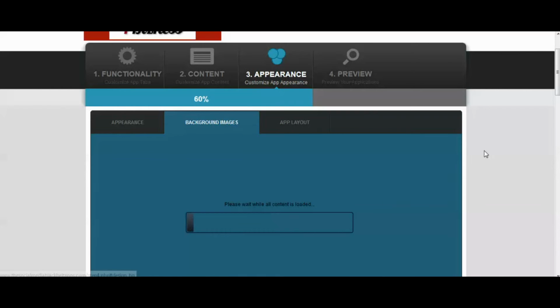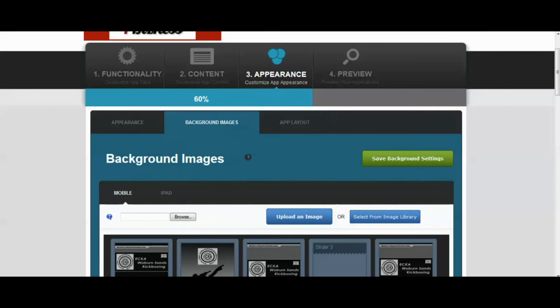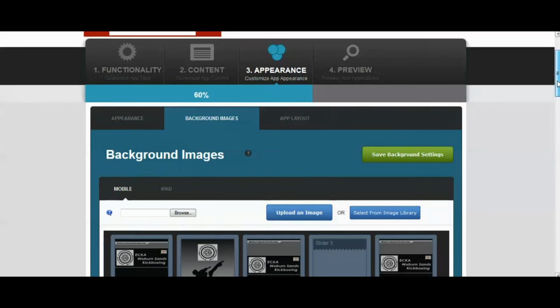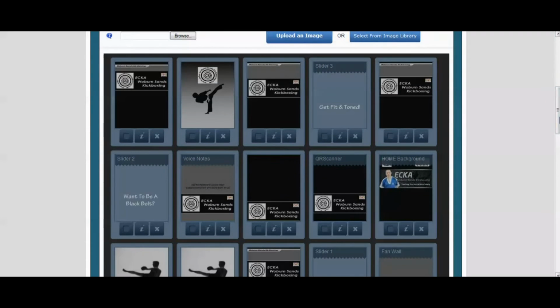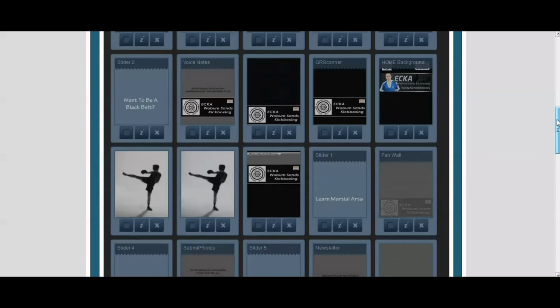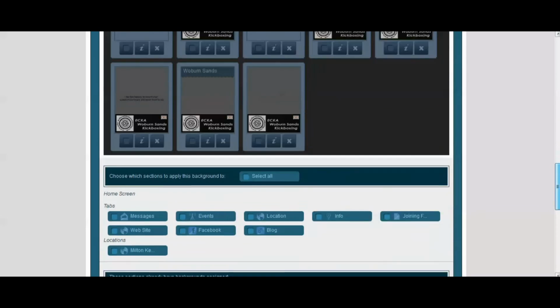So the background images really are the graphics that sit behind the app, and this is where they are located. And again, I'm just going to pause this while this is loading because it could take a minute. Okay, here it is. Here are your background images, and there you can see. So here are all the images, and when they're assigned to a particular tab, it will tell you up here. So you've got QR scanner, home background,